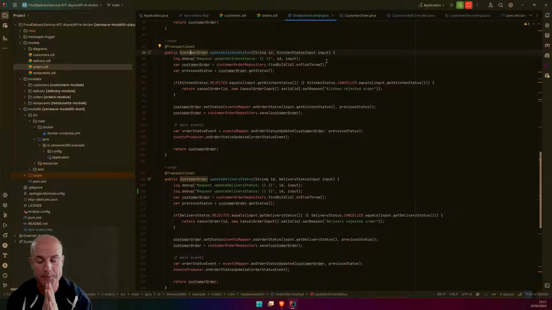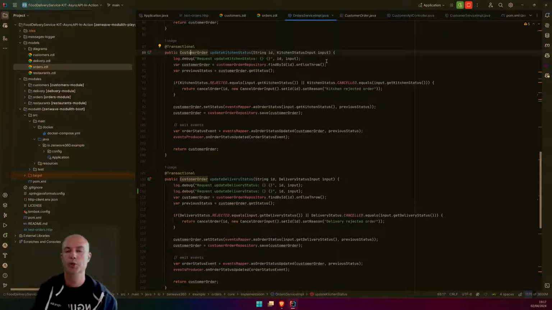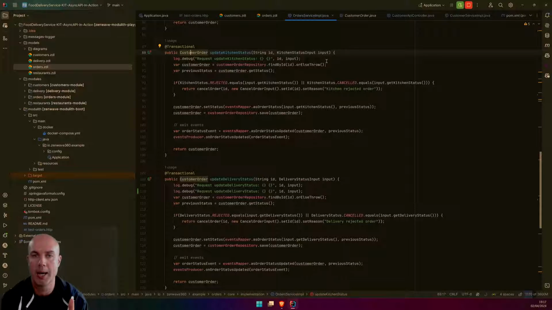But sometimes you need to deal with a bit more complex business process, or your service needs to handle more than one aggregate, or you need to keep track of different status in your aggregate.